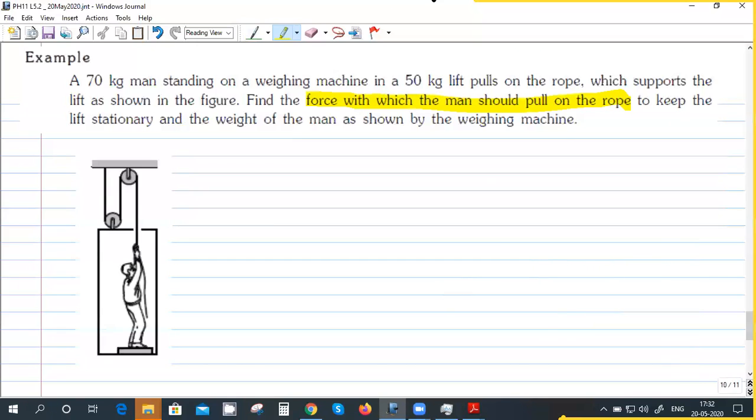You have to draw the free body diagram of what? Can you tell me? Free body means you just have to take one body and make it free of other things. So which is the body you're going to separate now? Don't scribble, you're just wasting time. You should concentrate on the problem. Which body will you choose to make free? Daksh? The lift. The man. Yes, it is the man.